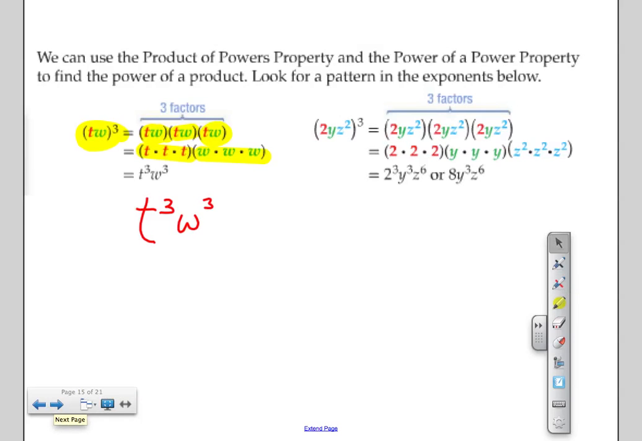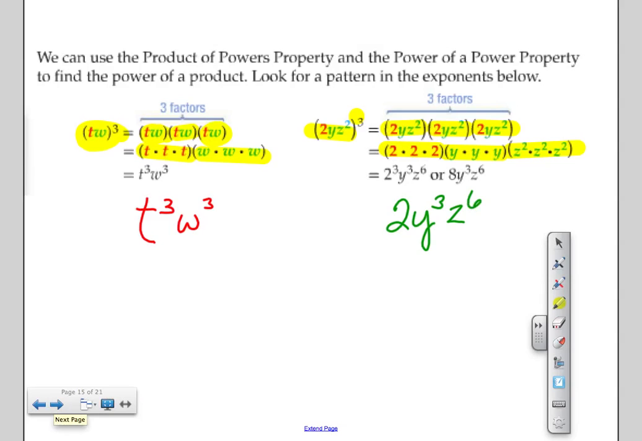All right? Let's look at this other one they've given us. We have 2yz squared to the power of 3. So we have one 2yz squared, we have another 2yz squared, and we have a third 2yz squared. So how many 2's do we have? 3 of them. How many y's do we have? 3. How many z squareds do we have? 3 z squareds, okay? So we have 2